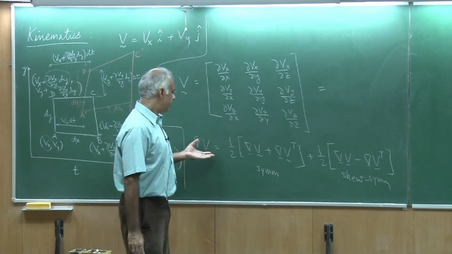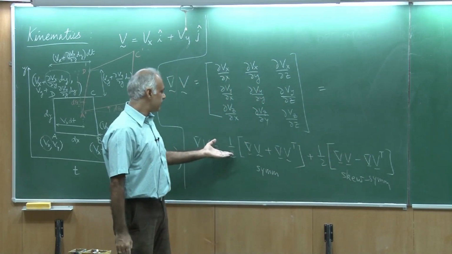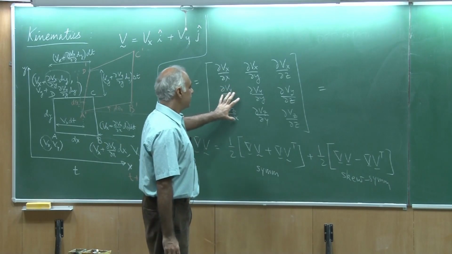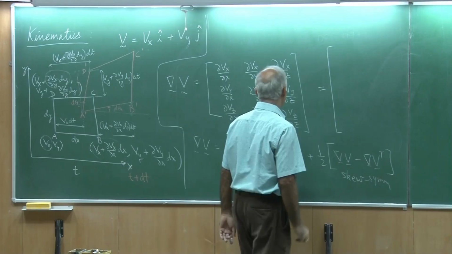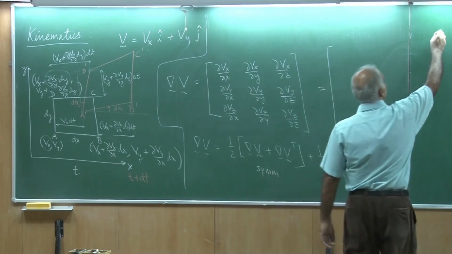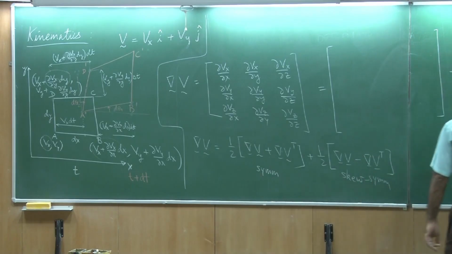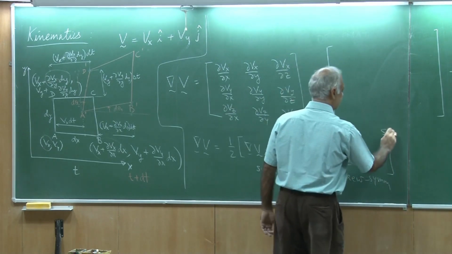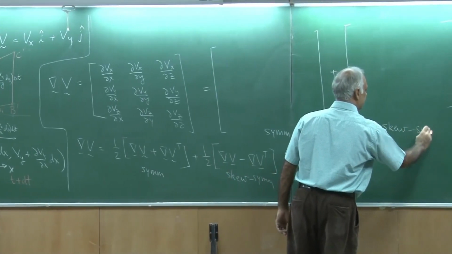This is an identity. In fact, you can see that these two terms cancel out, and these two are the two halves which again get you the gradient of V. Okay, so, now I am going to write down this into a symmetric part and a skew symmetric part. So, this will be a little messy, so please forgive me for that, but I think it is rather educational, so I will still go ahead with it. So, therefore, let me make these two matrices here. So, this would be the symmetric part and this would be the skew symmetric part.